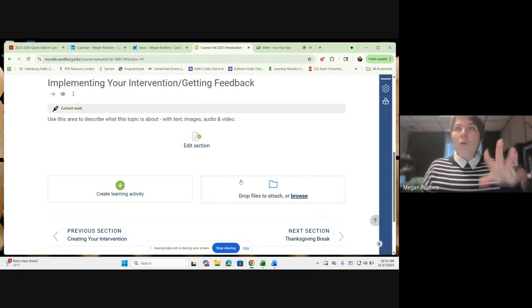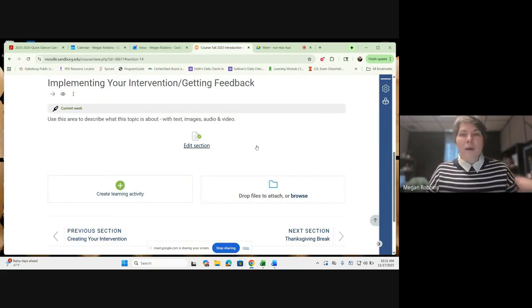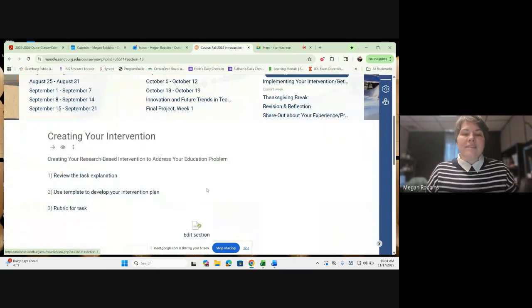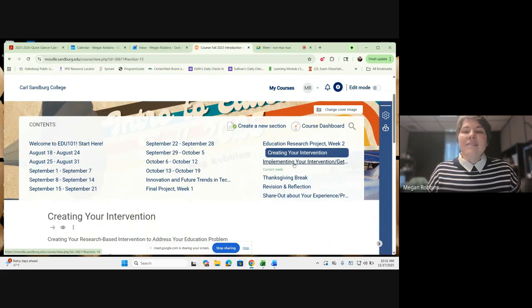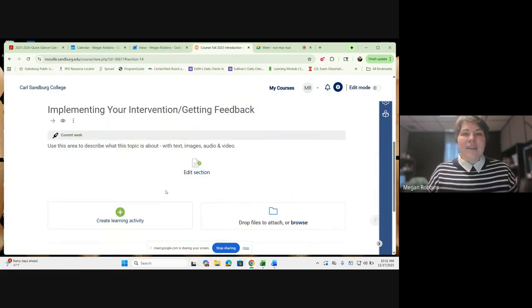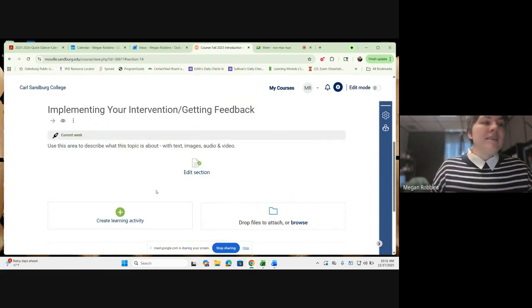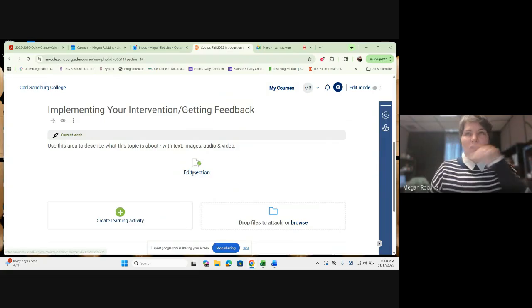You're going to see a carrying over of these two tasks to implementing your intervention. I am not going to recreate them or republish them. I'm going to extend these two right here. I'm going to extend the deadline for those, as implementing your intervention and getting feedback are pretty much going to be done for us on Harmonize through each other.